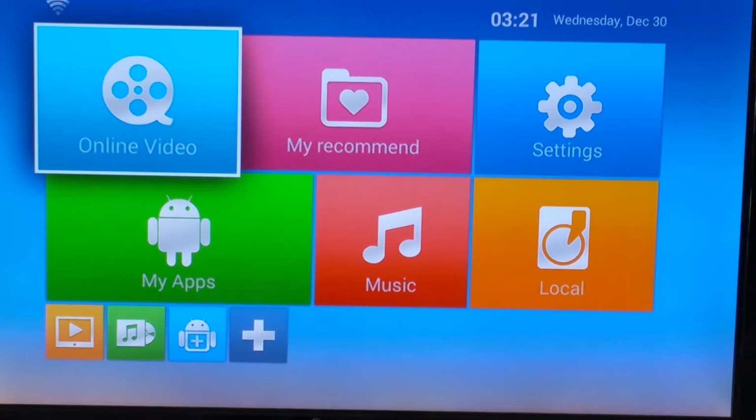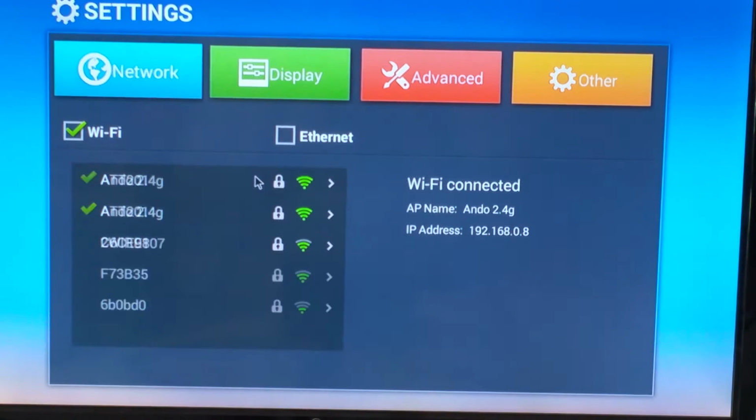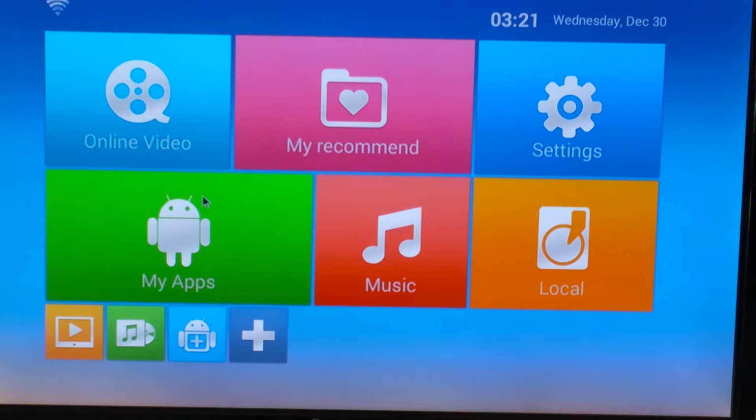So first thing we need to do, as always, is go into our settings, and let's make sure we're connected to either our Wi-Fi or Ethernet. Without a connection, the box will not work. After that,